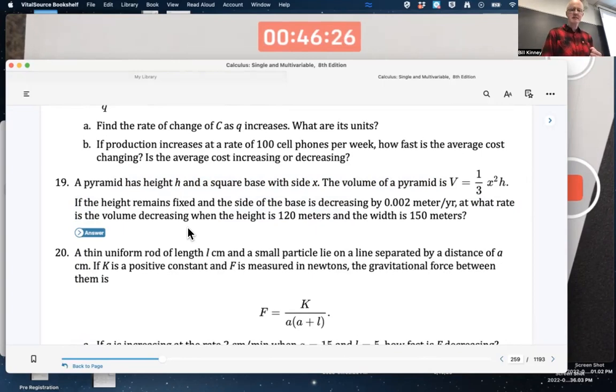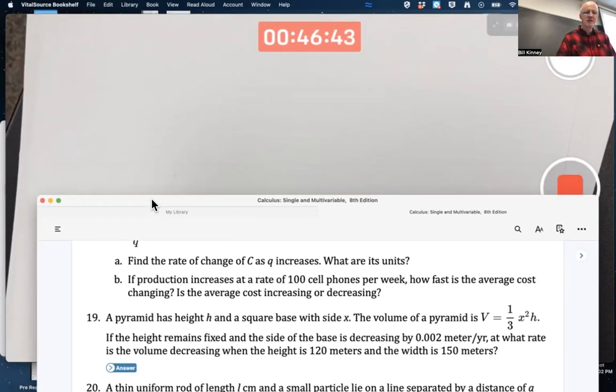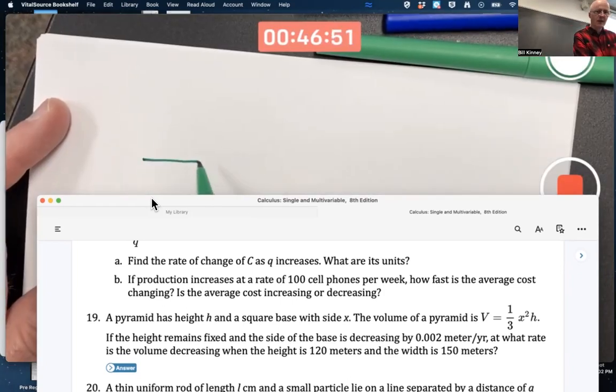How could a pyramid be getting smaller? Erosion? Is that happening with Great Pyramids? Yeah. Though probably not necessarily as described here. A pyramid with a square base